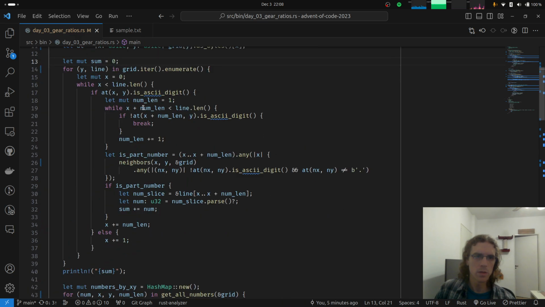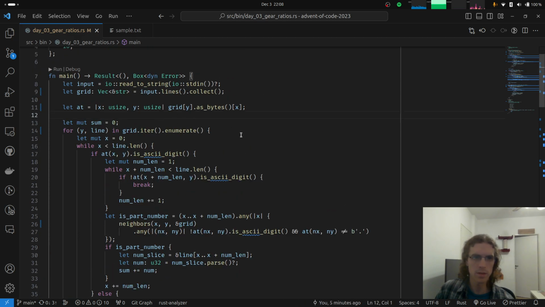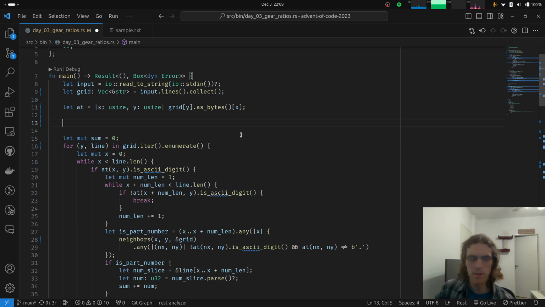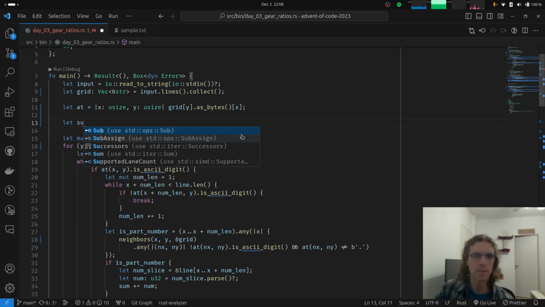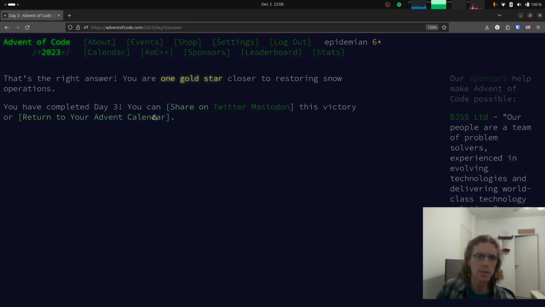So how would we do this? We have this sum. I think, okay, get all numbers for this grid. I think we could even express this directly with iterators. So let's say, let's sum, this is actually not just any sum. Let's call it,